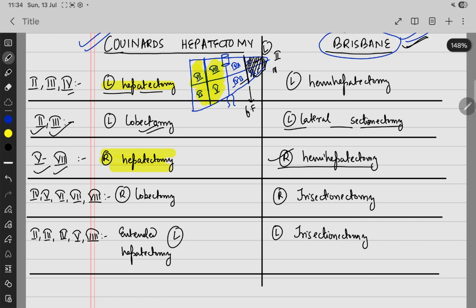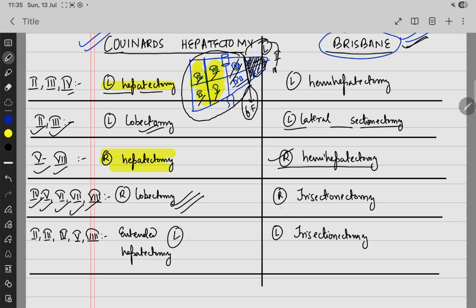So now your knowledge will be completely combined. So if we remove segment 4, 5, 6, 7 and 8, so 4 gone, 4 gone, 5 gone, 6 gone, 7 gone, 8 gone. So this will be known as right lobectomy. Why? Because of the falciform ligament. According to Couinaud, this was just left lobe, and this completely was considered as right lobe according to him, because he divided the liver into right and left lobe by the falciform ligament. So just because we are removing 4A, 4B, 5, 6, 7, 8, which is lateral to the falciform ligament, that's why it is known as right lobectomy.